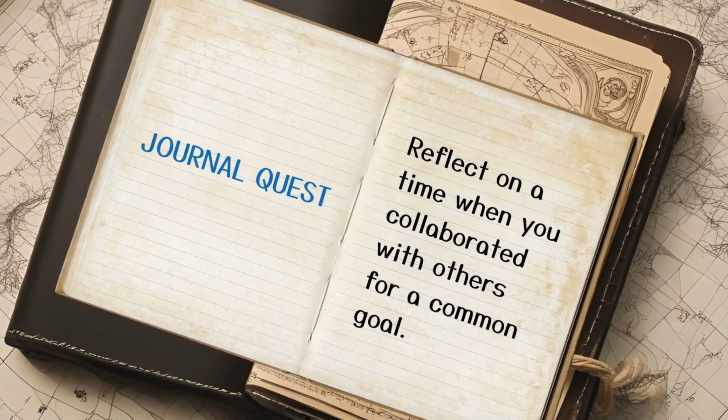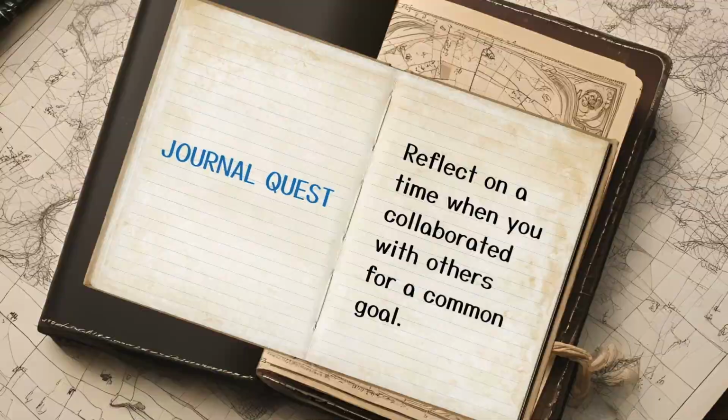All right, friends, it's Journal Quest time. Your mission? Reflect on a time when you collaborated with others for a common goal. For example,